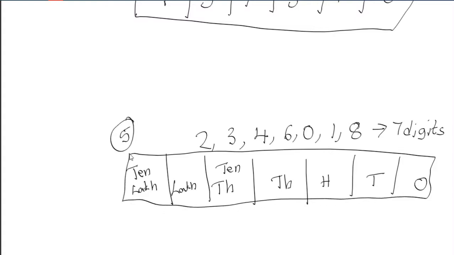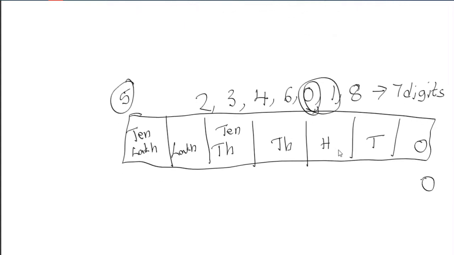So what is the first step? You have to choose the smallest number among all these numbers. Which one is the smallest? Here also 0 is the smallest. So you have to write 0 in ones place. Okay? Then what is the next greater number? 1. So 1 in tens place.